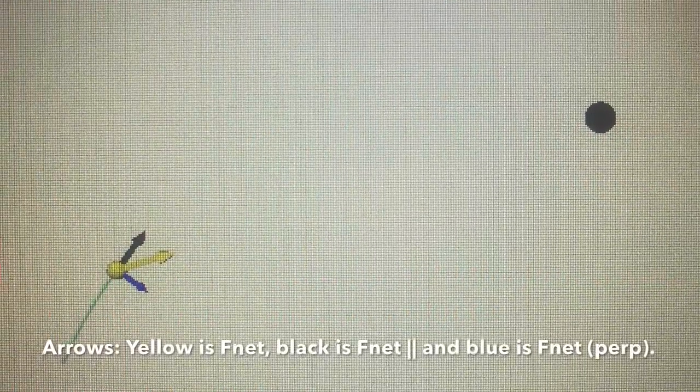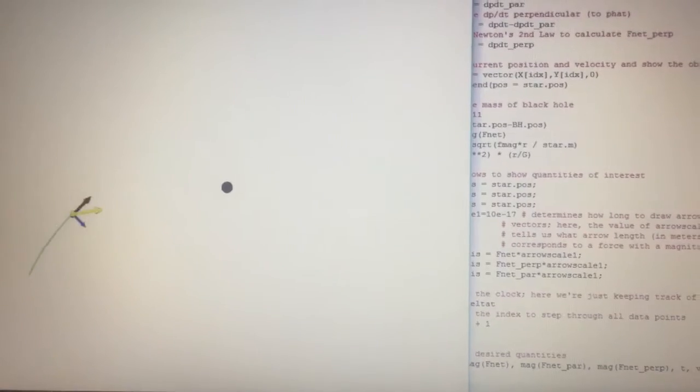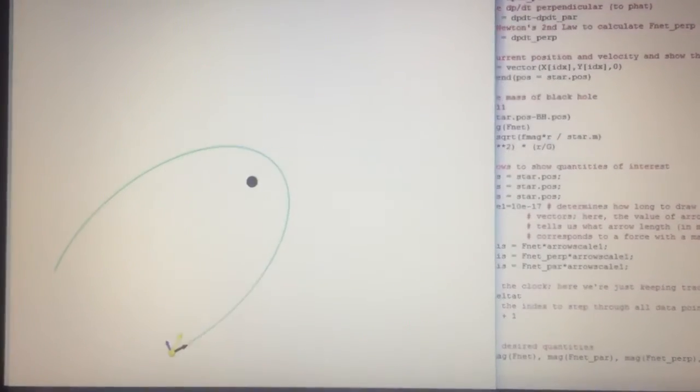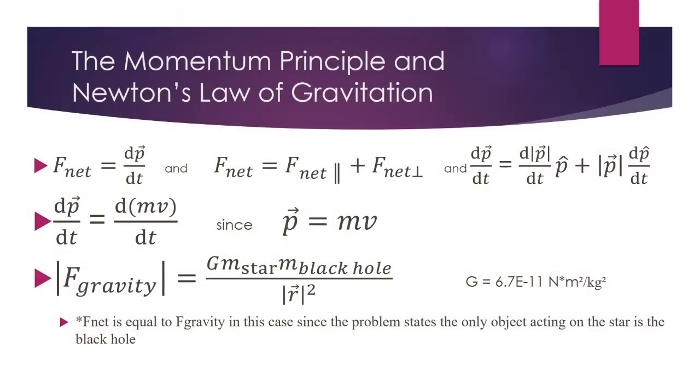In this model, the black hole is a black dot, the star is a yellow dot, Fnet is yellow, Fnet perpendicular is blue, and Fnet parallel is black. The arrows grow larger in accordance with an increase in magnitude of Fnet. So it's apparent that the magnitude of the net force is greatest when the star is closest to the black hole. The first two lines you see here are just a reiteration of what I had to use in the